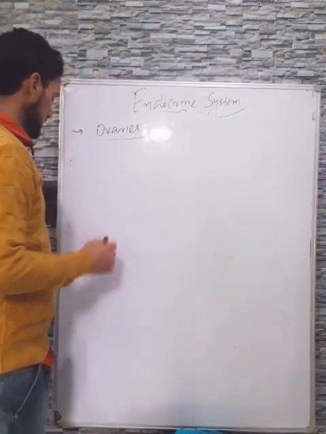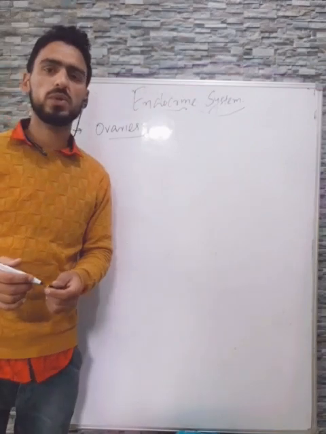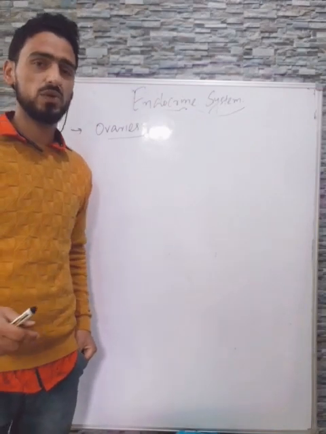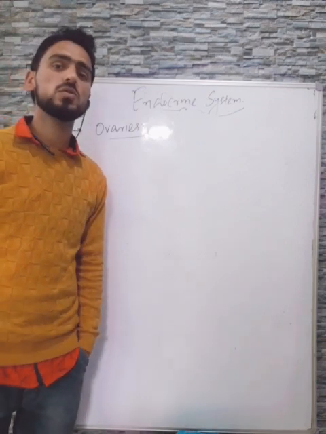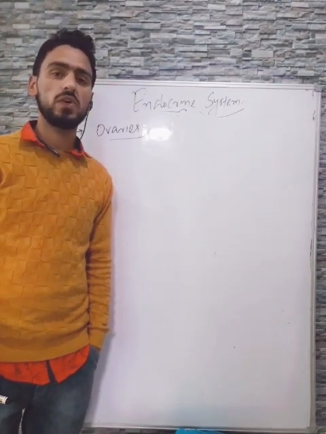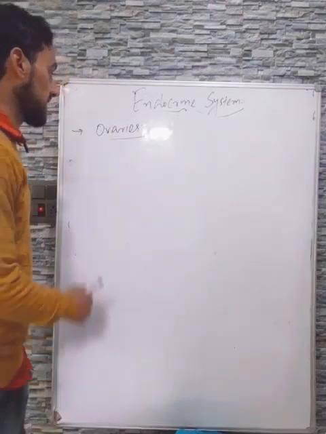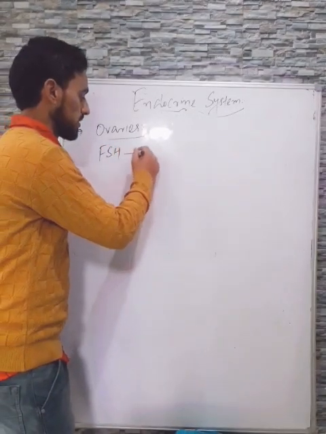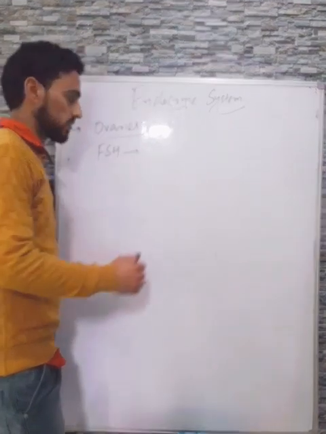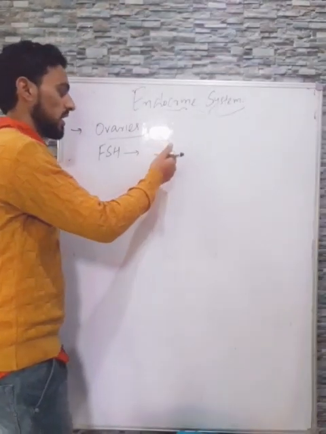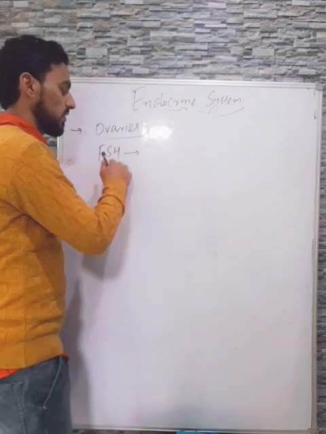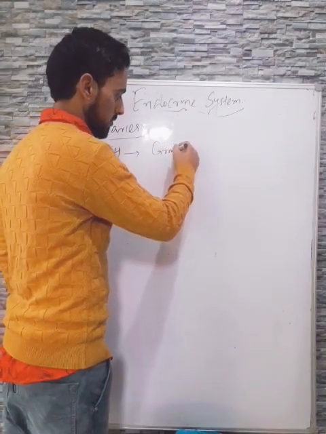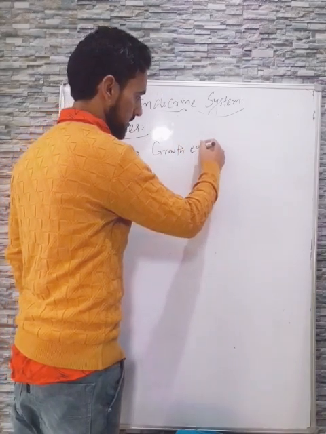Ovaries, as you know, are actually mixed organs. Their primary function is the formation of eggs. But besides the formation of eggs, they also secrete various hormones. As mentioned earlier, under the influence of follicle stimulating hormone, there is the growth of various ovarian follicles inside the ovaries, and the growth of the eggs inside the follicle.